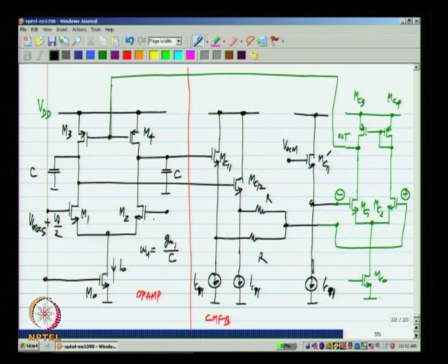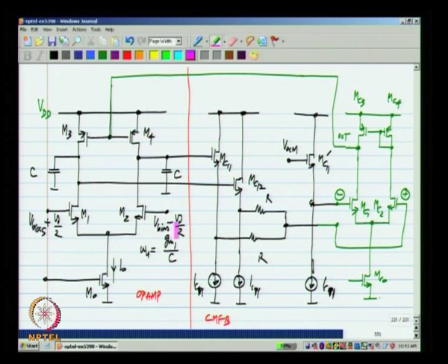Okay. Now, we have this common mode feedback loop, and like any other negative feedback loop, we have to make sure that it has a small enough delay and it is stable. Now, as far as the common mode feedback loop is concerned, we need to be concerned only with the common mode operation. So, I will use the common mode half circuit. Normally you would apply a differential input to this op amp, but I will now assume that we have applied only a common mode input and analyze the common mode part of it.